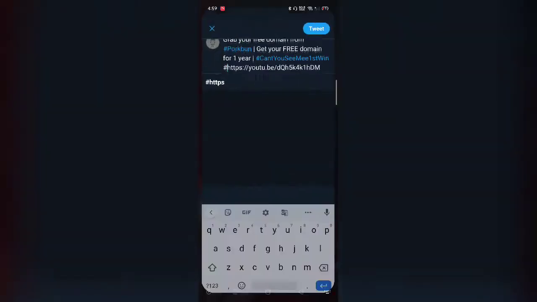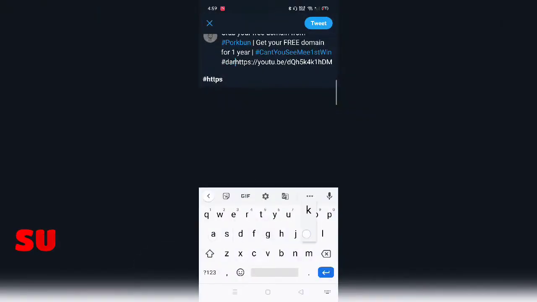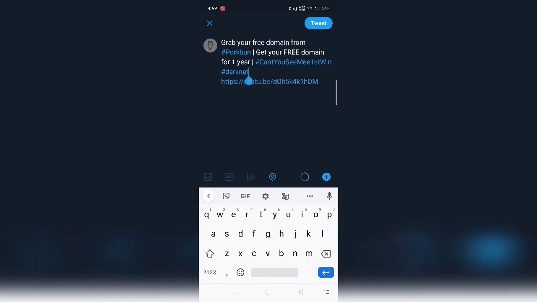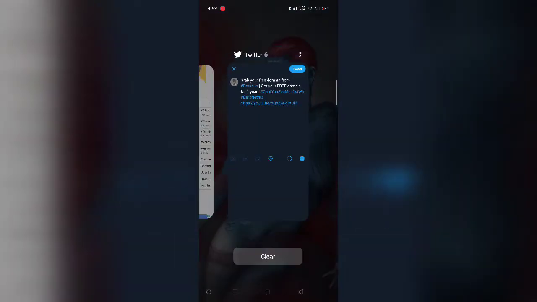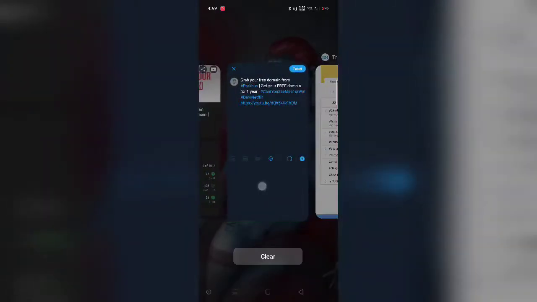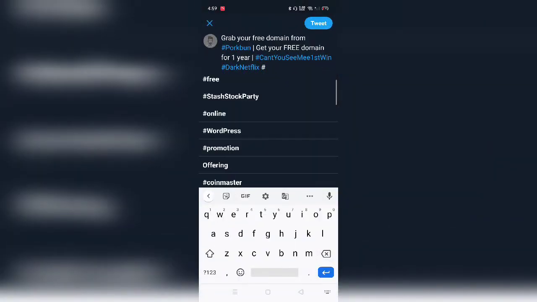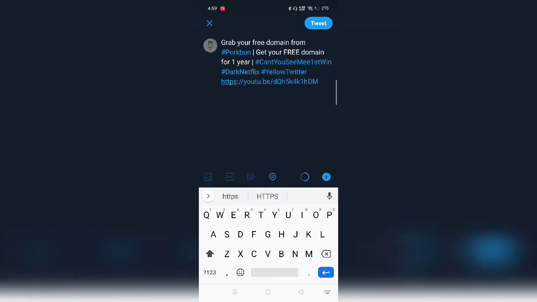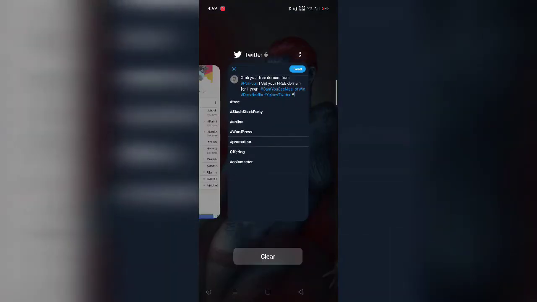It's dark Netflix. All right. So these are two hashtags which I want to go ahead with right now. You can add as many hashtags as you want. Yellow Twitter is another one. Let's add. Then hashtag